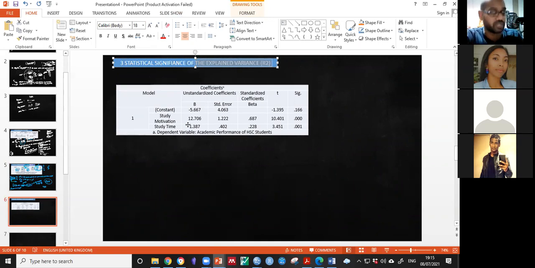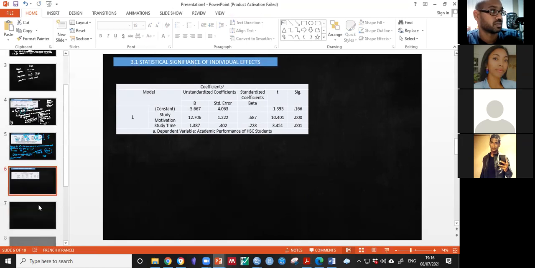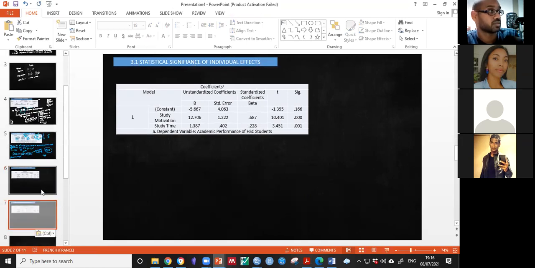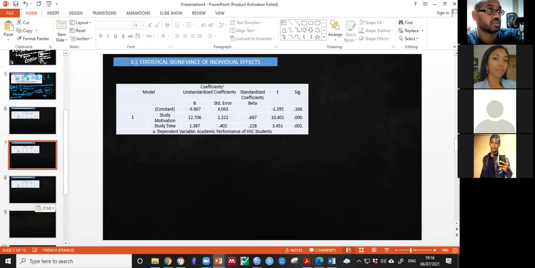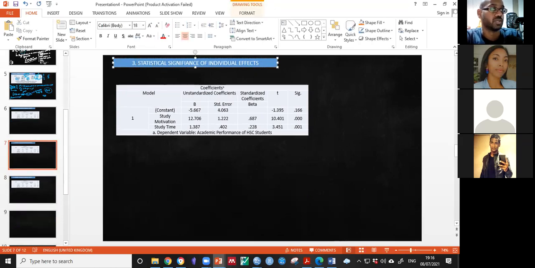First thing, we want to look at the statistical significance of individual effects. That is 3.1. And next 3.2, where we look at